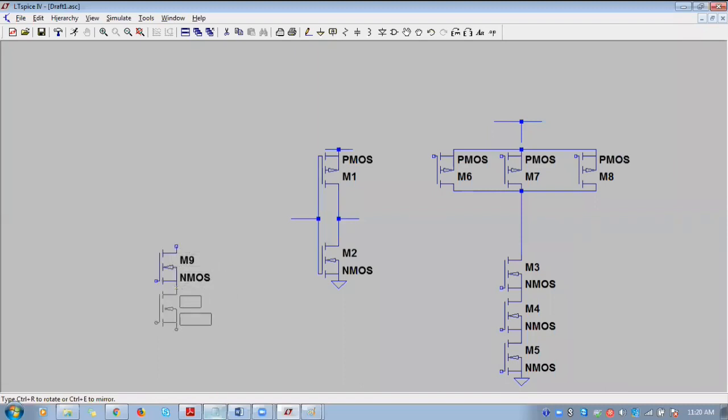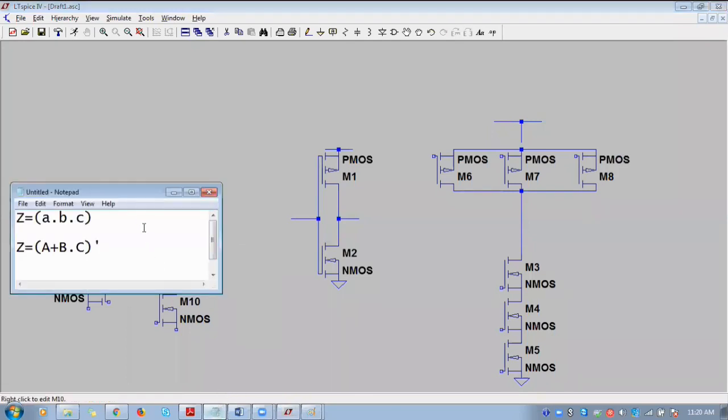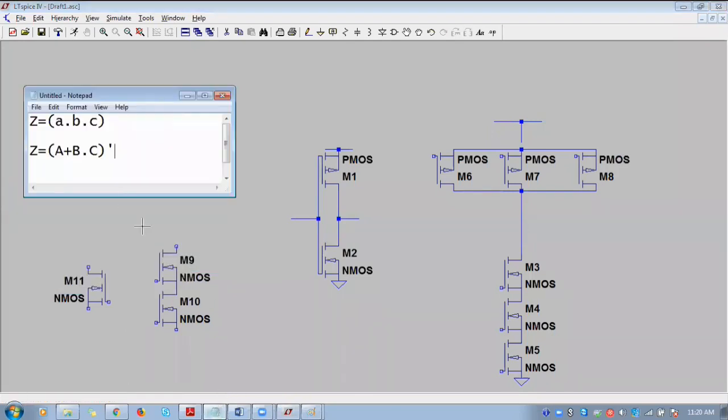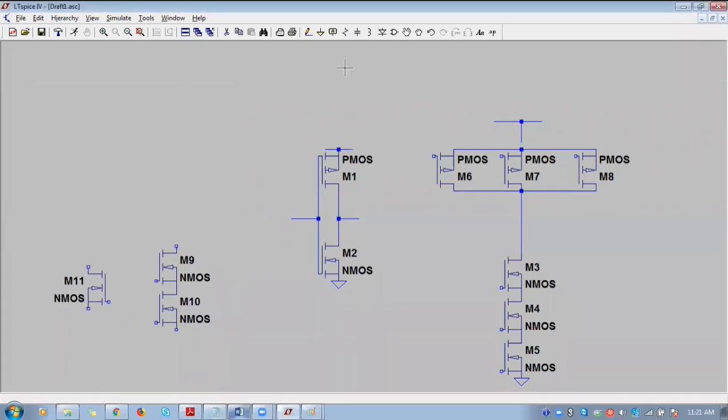B, C. So according to the equation, B dot C plus A. Actually, we have to give priority to this B dot C. And we have to design the PMOS.